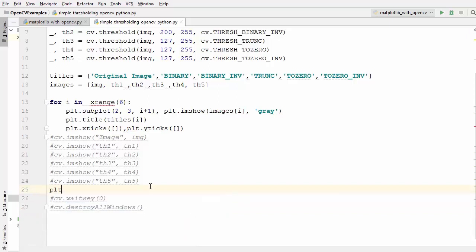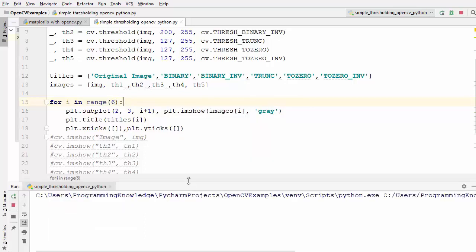So we can just say plt.show, and this is showing us this error, unresolved reference. Yes, so this is when you are using Python 2, but in Python 3 this xrange is changed to a method called range, and that's why it was giving us the error.